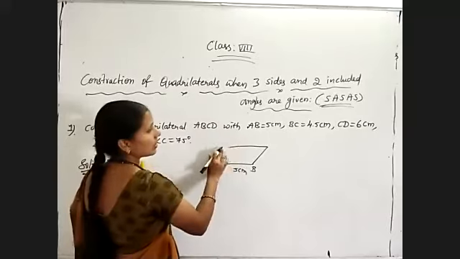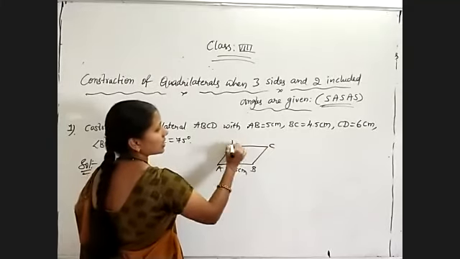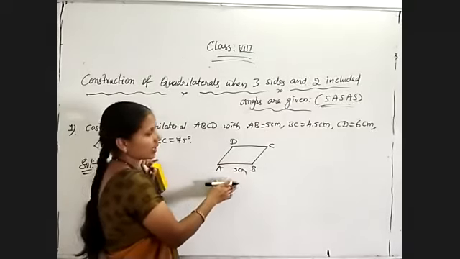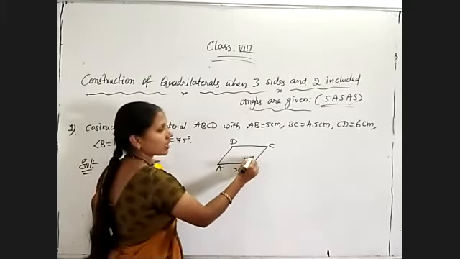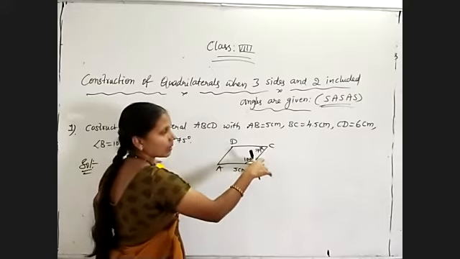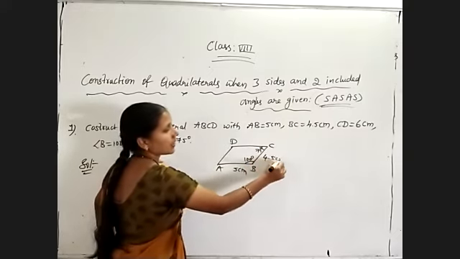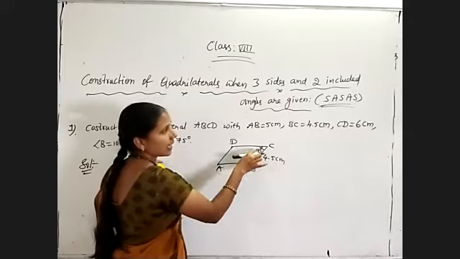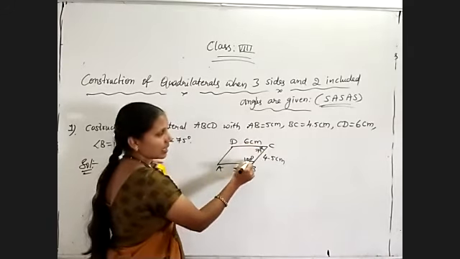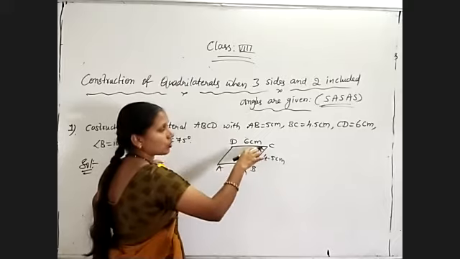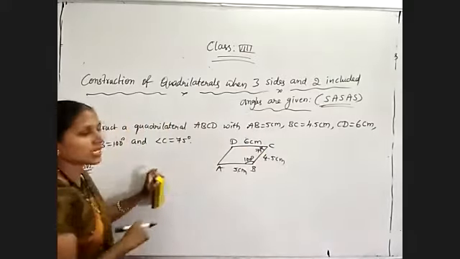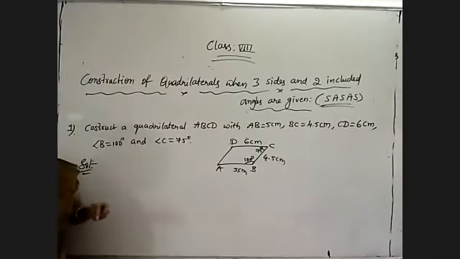And then ABCD. We will not get it in this shape, but I am just drawing the quadrilateral. So B is 100 degrees, we know this. And this is 75 degrees, we know. And side, angle, and BC side 4.5 centimeters given. Side, angle, side, CD 6 centimeters given. Side, angle, side. 2 included angles between 3 sides given. Now, by using that rough figure, construct your original quadrilateral.